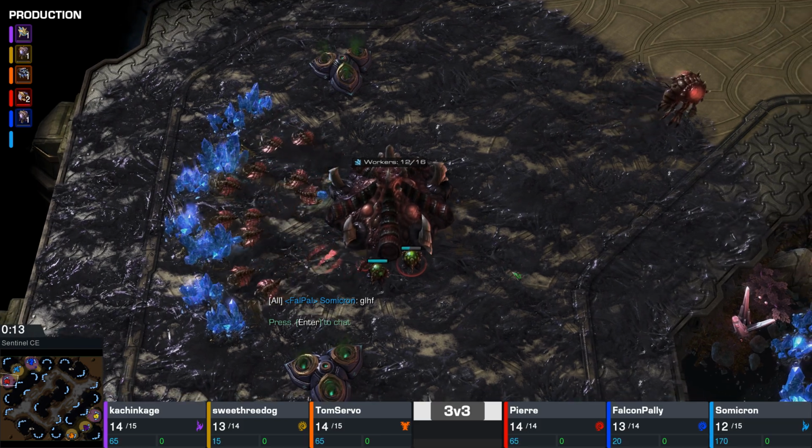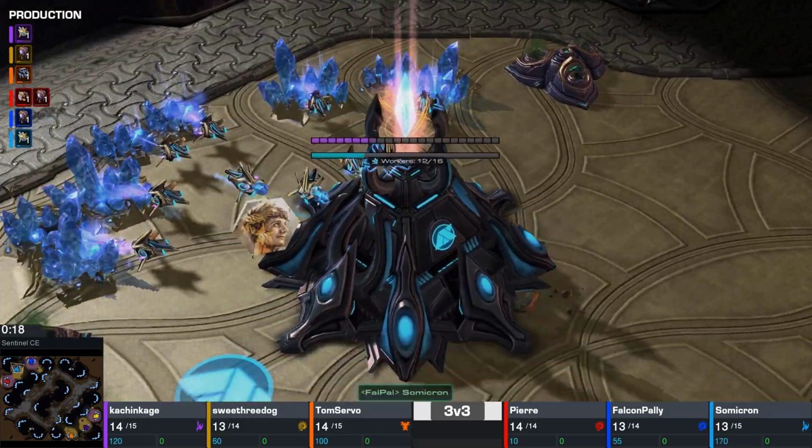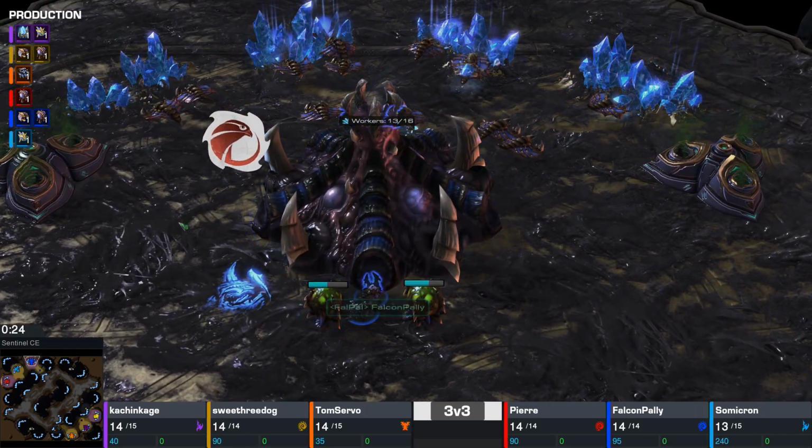We're on Sentinel. It's an old map, but it's a new patch. Top side, it's going to be a team of 3 featuring Pierre, the Red Zerg player. We got a blue Protoss. It is Somicron with a spinning Cero portrait, and me, the blue Zerg player with the spinning portrait of the